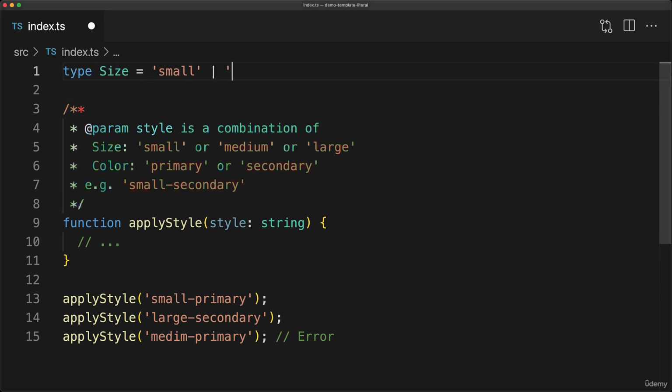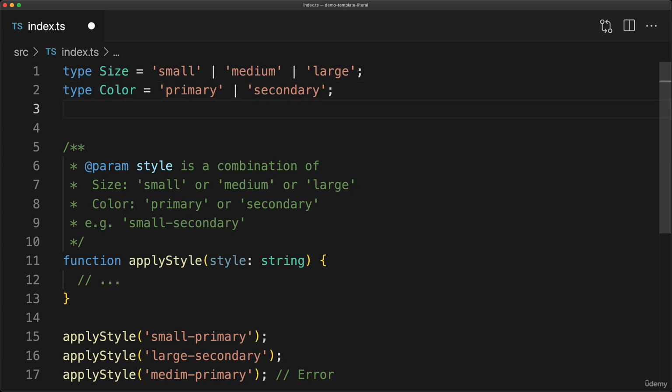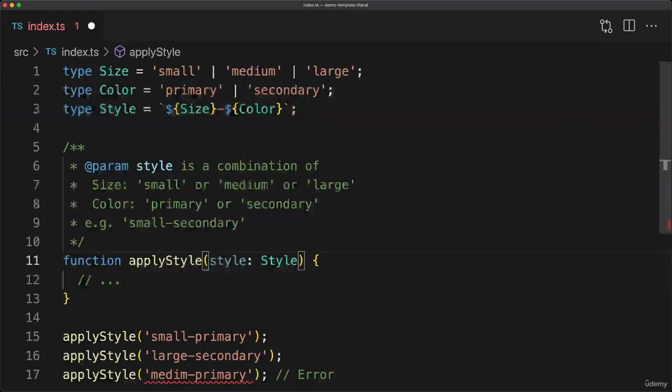First, we define the type union for the size and the color. For size, it is small, medium, large. For color, it is primary and secondary. And now our desired input style string is simply a combination of any of the size literal values, followed by a hyphen, followed by any of the color literal values. And now if we annotate the applyStyle style parameter to be this particular type, TypeScript correctly catches the typo in